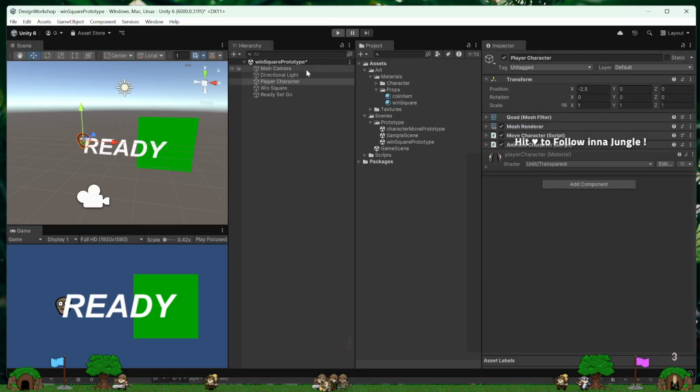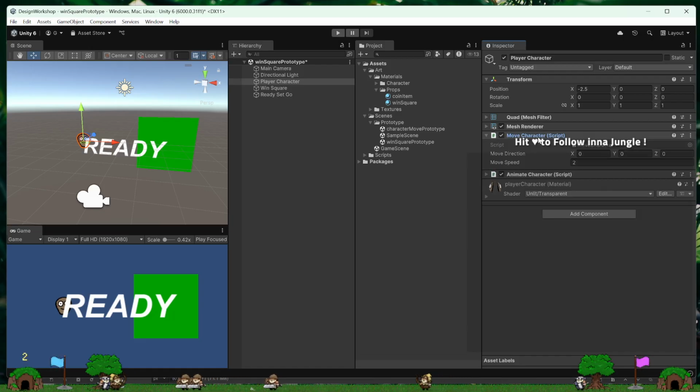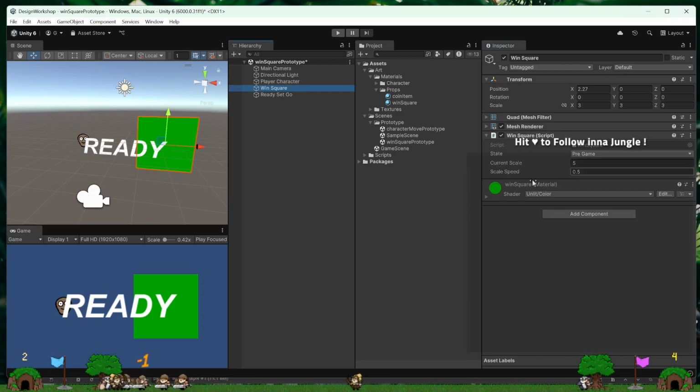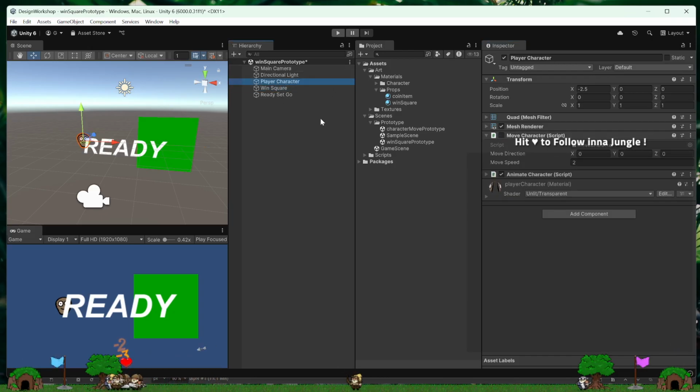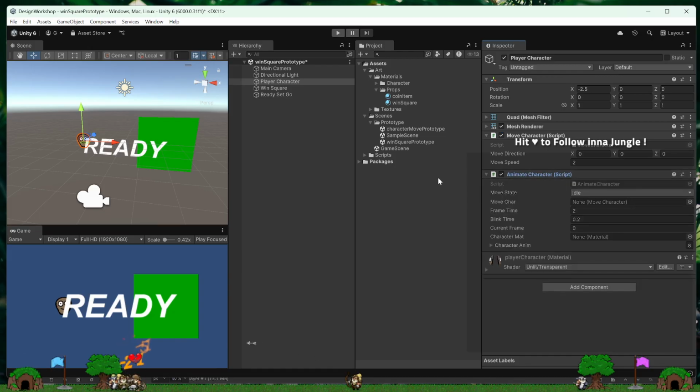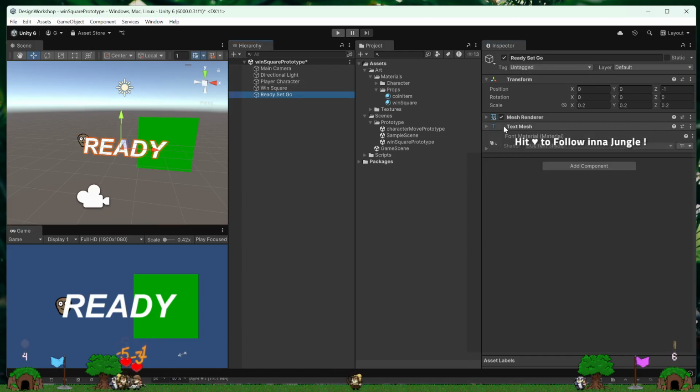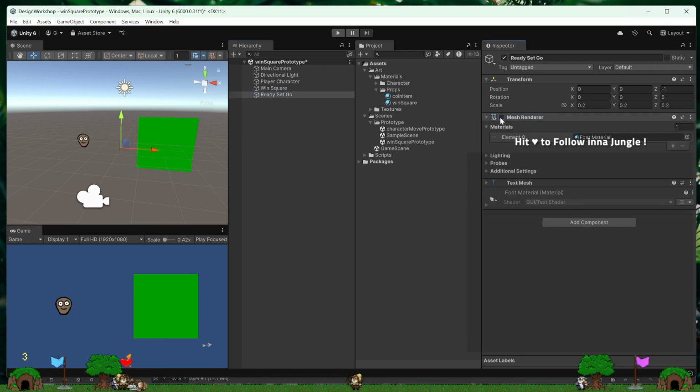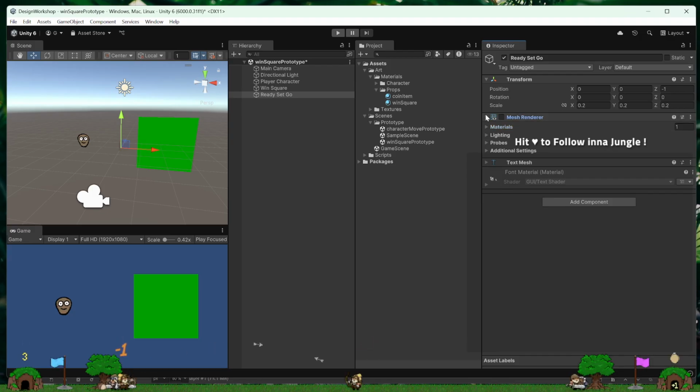So maybe this is a nice, clean way to suspend our character movement. I hadn't thought about that, but you know what? It works. And it's really easy. It's just a checkbox that the other script could use, in fact. Nice. Meanwhile, the animate script is still animating our character, like blinking and stuff. That's kind of cool. In fact, we could do the same thing with this, like show it or not show it. I like all this. This is great.